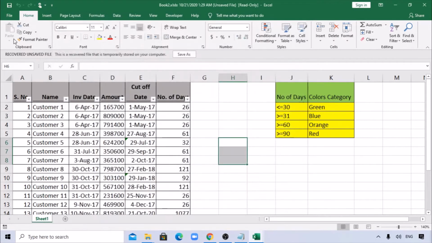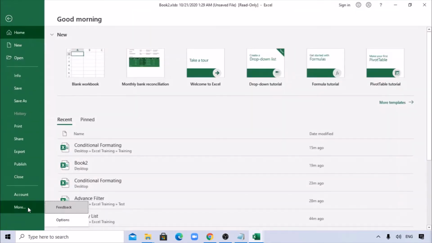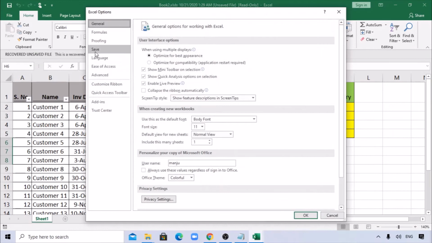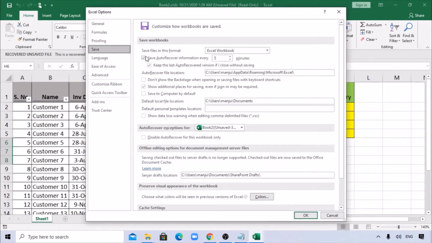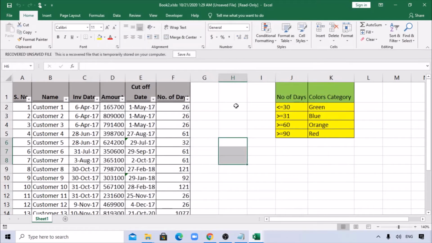For that, you can go to File, More Options, Save, and these two things should be checked, right? If you have that, then no problem. It will help you recover your file. I think it's a very simple function, and it saves your time.